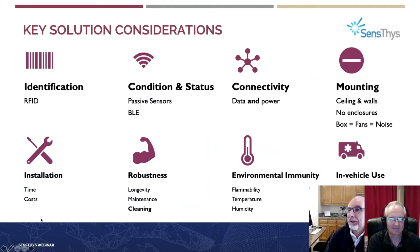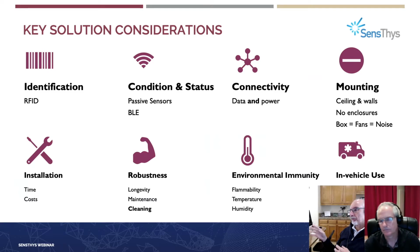So let's take a look at the key solution considerations. What are some of the things that, as you take a look at these healthcare environments, I should think about? Well, thinking about the identification of items, that's largely resolved and cost effective now through RFID. The condition and status of things, we've covered that with passive sensors and Bluetooth devices. Connectivity is now cost effective through the delivery of data and power through Ethernet and daisy chaining devices together. And you'll see on the next slide, when we start talking about one of our products, the SensArray,